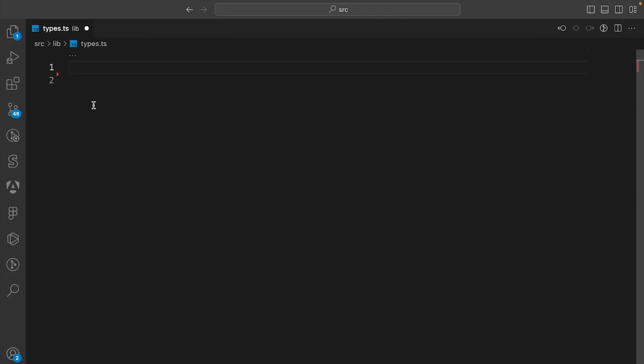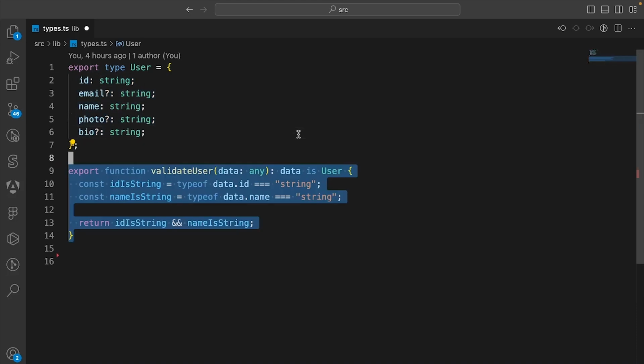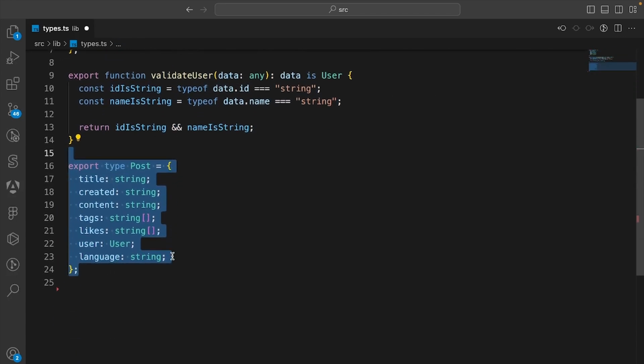Alright, so once you created this file, let's create the user type that includes the email, ID, name, and the bio. These are essentially all of the field data that we created in the previous video for the setup. And let's create a validate user function that validates to see if the data that we're parsing is actually a user. Now let's create a post, and these are essentially the fields that we created in the previous episodes for the